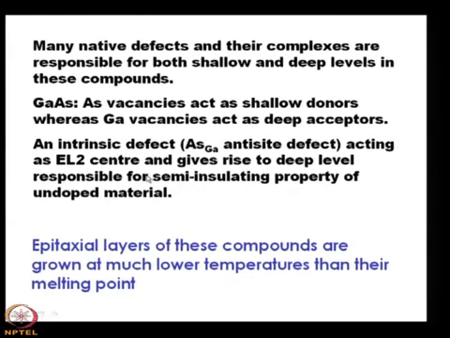This semi-insulating property of gallium arsenide is a very interesting one, in the sense that because of this EL2 defect, it acts as semi-insulating. That means either the substrate of gallium arsenide can be p type, it can be n type, or it can be semi-insulating type. These 3 types of conductivity are not available in case of silicon or germanium or most of the semiconductors, and the essential feature of this deep level EL2 type of defect,